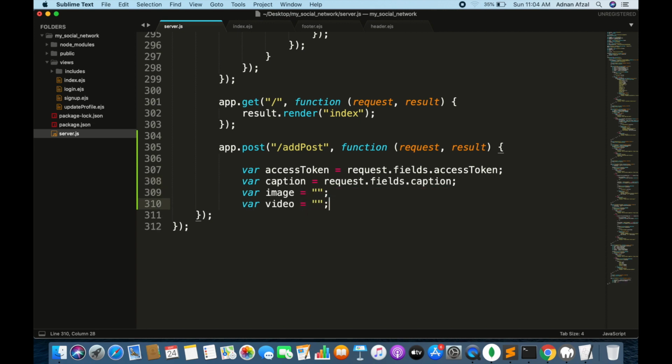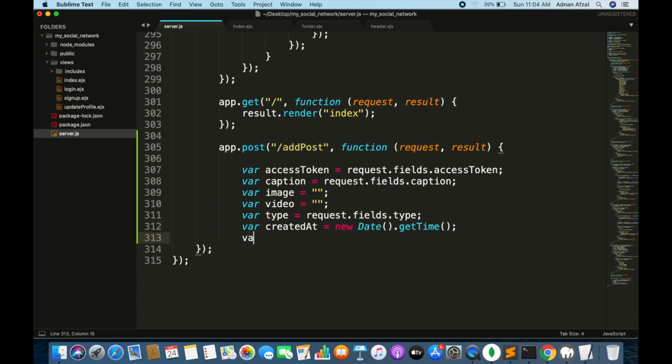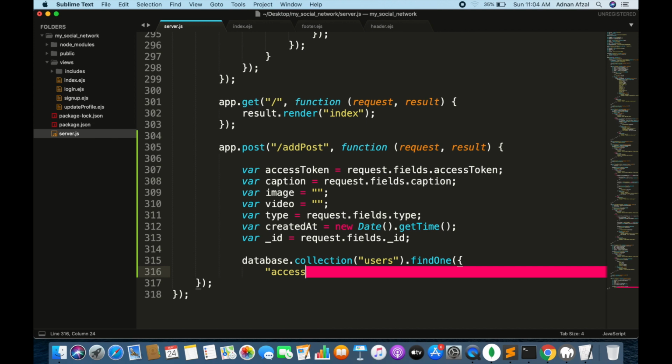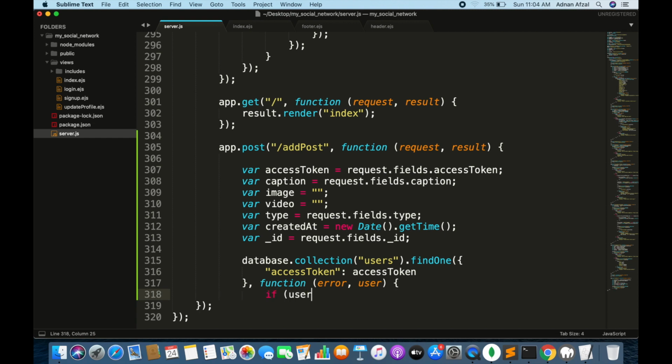Type of post, the time at which the post was posted. And this ID will be used when we are posting in groups or pages. We will come back to that later. Check if the user account exists or his access token is not expired. If expired, then simply send an error message back to the client.